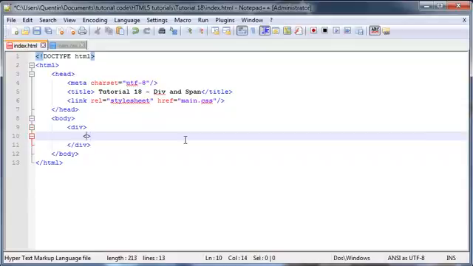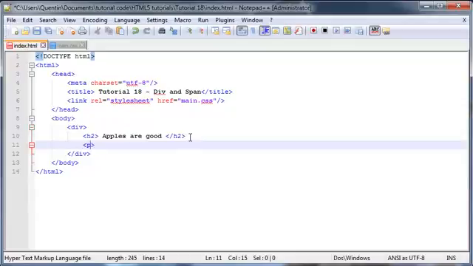Okay, so let's go ahead and just put in heading 2 and ending heading 2, and in the heading we can go ahead and say apples are good, and then I'll go to the new line and make a paragraph, and in this paragraph we'll just say an apple a day keeps the doctor away. If you didn't see that coming, then wow, okay,